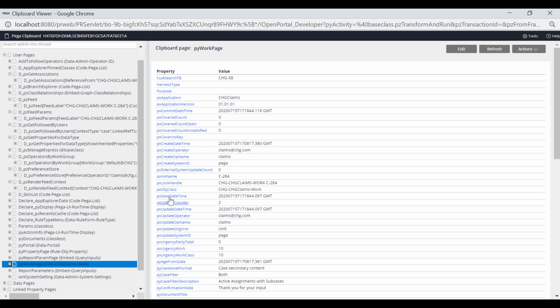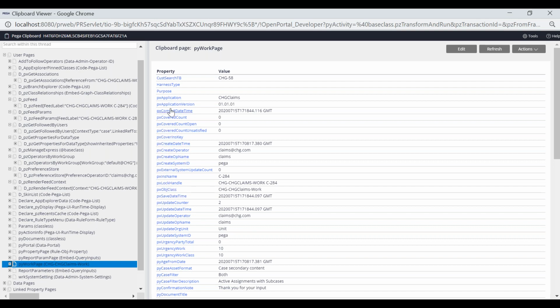Those are just for read-only format. Read-only meaning we should not be changing the data. If you closely observe, the application name should not be changed, and the application version should not be changed. If I click on edit, or if I want to edit this value manually using activities, creating an activity and performing a property set to assign some other value, all the properties which start with px are completely meant for read-only.